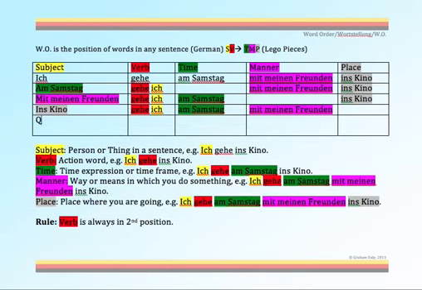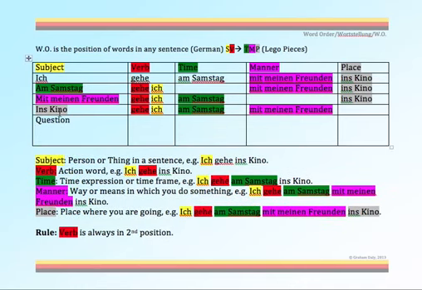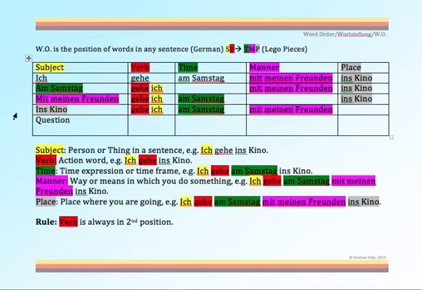I'm gonna put question, just so you don't get confused. So the question section here is going to serve as the heading for the sentence that I'm going to write underneath. And this will be your cue to know that the first rule, verb is always in second position, applies to the first 4 rows, and then the question rule, or the exception,